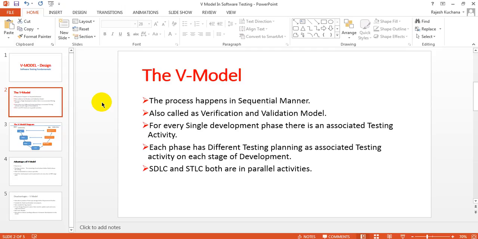In waterfall also you can have a verification and validation model, and for every single development phase there is an associated testing activity. So in waterfall model, whenever you are completing each and every stage, at the last stage you will get a testing build that will be released after coding. But here, you are doing each and every testing activity same as a development activity in parallel. Okay, parallelly you are working with the development team,